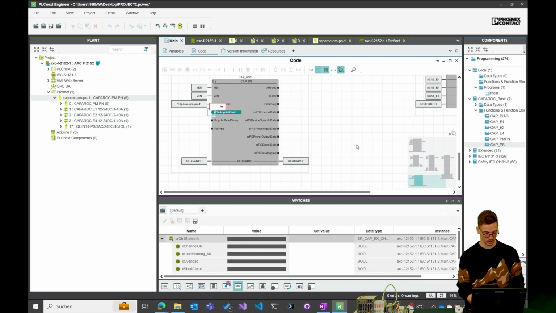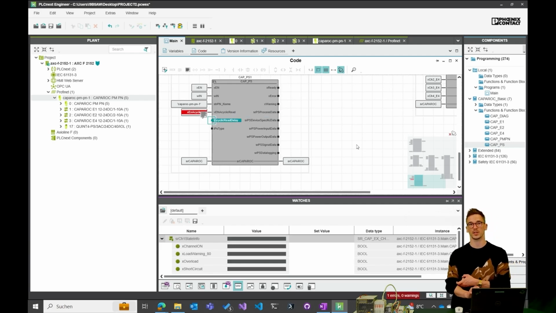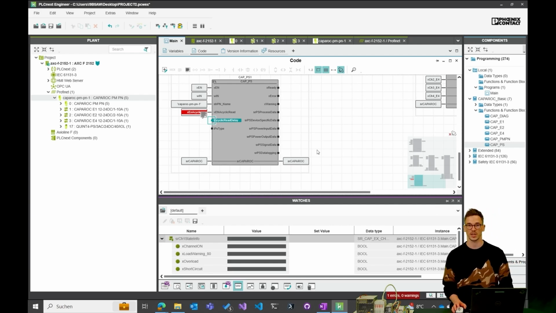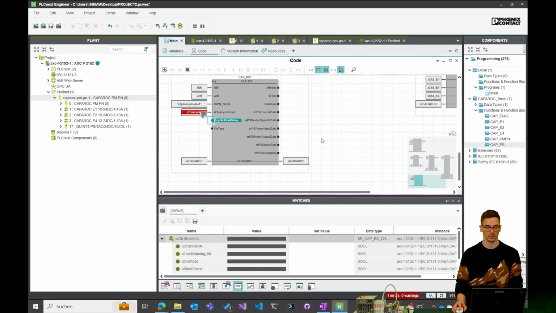Here an input to enable and disable the acyclic read. So if you don't need the acyclic data, you can just retrieve the process data, and you can deactivate the acyclic read cycle if you want to. Here's the delay time.